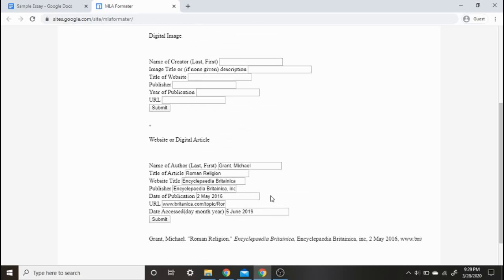There's practically no waiting. With EasyBib, it gives you citations, but that takes minutes. Well, not minutes, but there's some waiting involved. But with this, the moment you press submit,